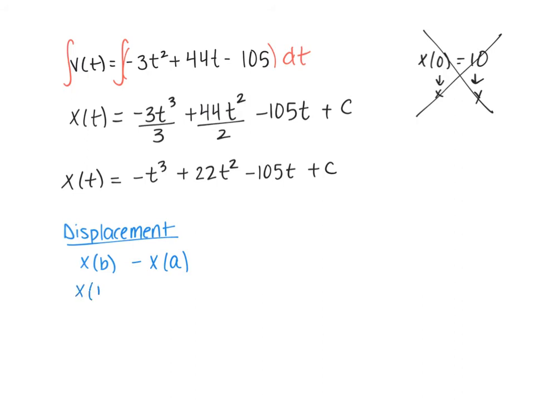So we need to do x of 12 minus x of 0. Okay, so I'm going to go ahead and plug in 12 into my x of t function. So x of 12, so negative 12 to the third plus 22 times 12 squared minus 105 times 12 and then plus